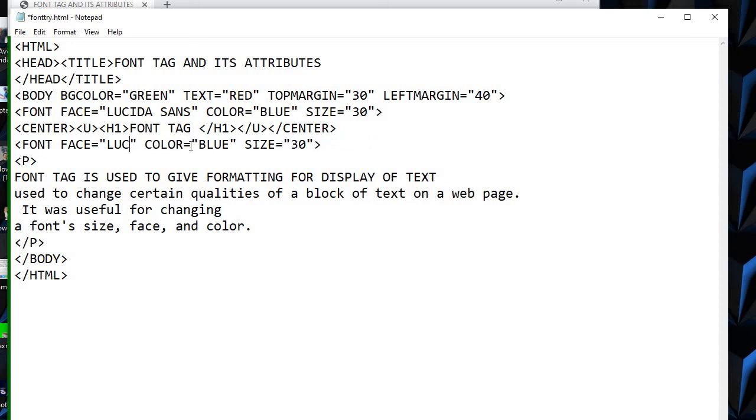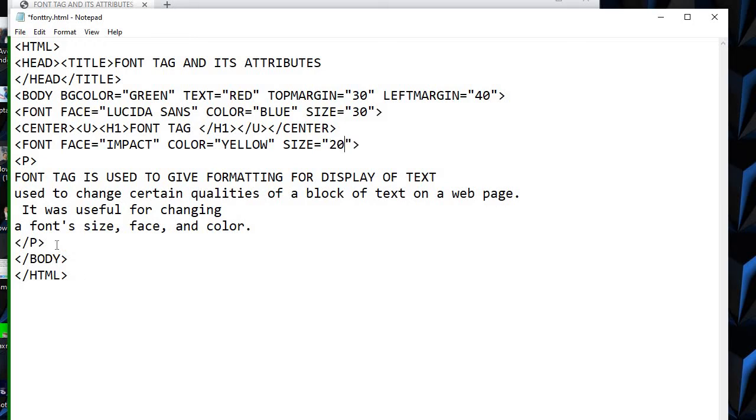Suppose I change the face to Impact. Then I change the color, say yellow. I know it will be brighter. And then I reduce the size to say 20.